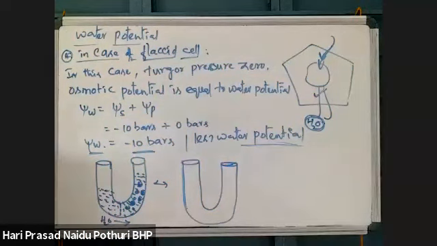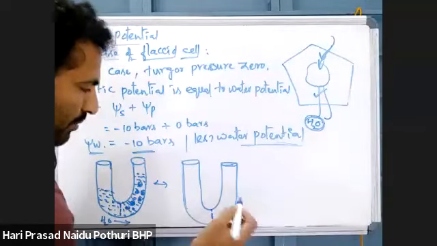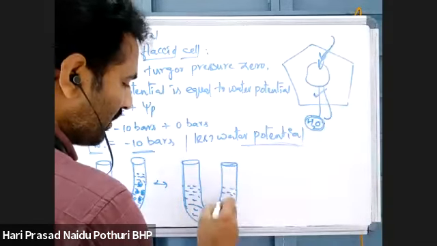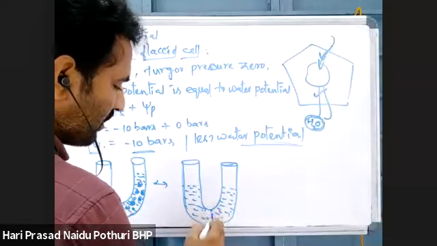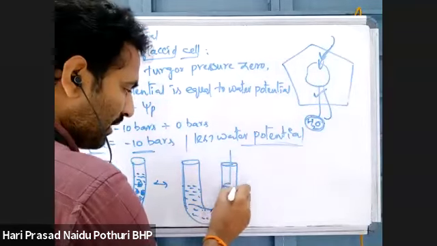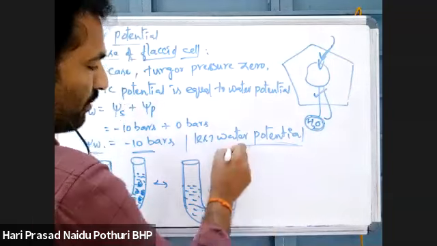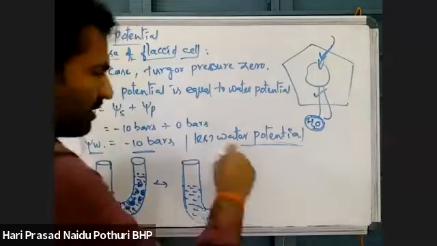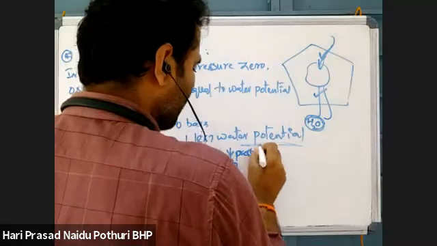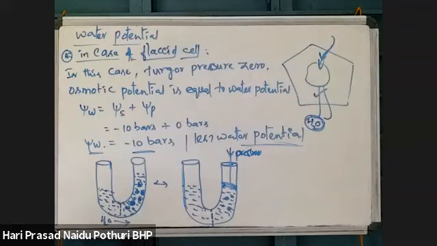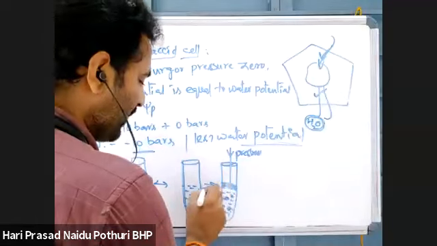same condition, same semi-permeable membrane. Solute particles are there on this side. This is water molecules, this is the semi-permeable membrane, solute particles are present. If any pressure is developed here, if some pressure is developed here, then what happens? Movement is from low water potential to high water potential also taking place. Suppose this is a condition of equilibrium.